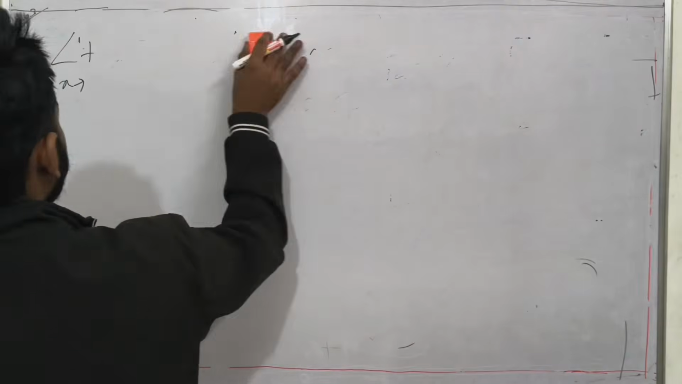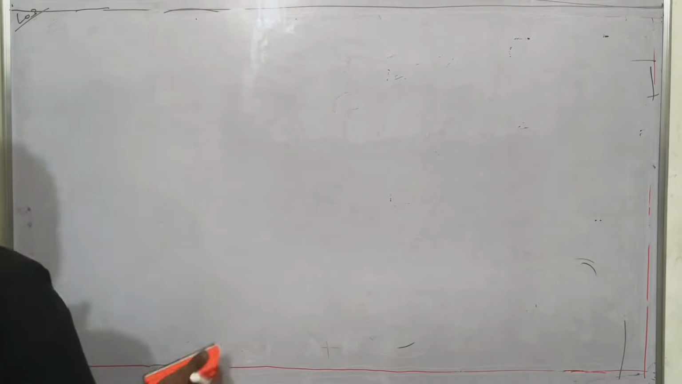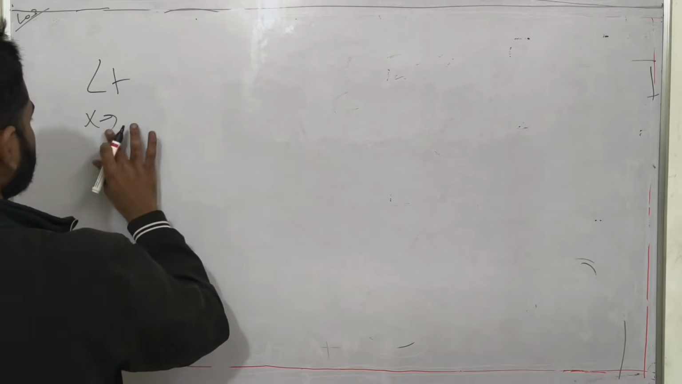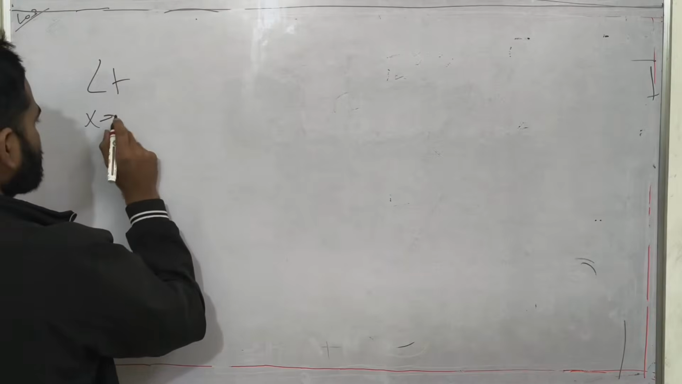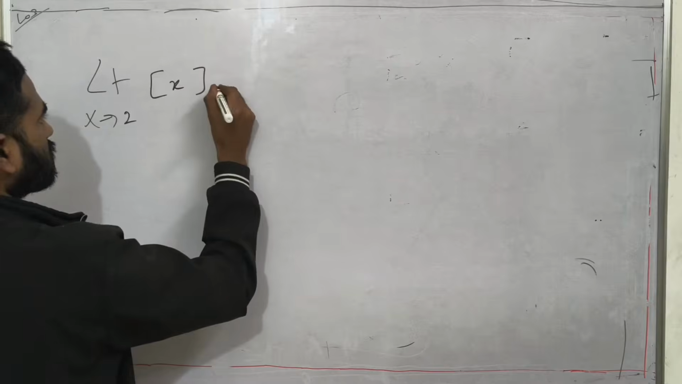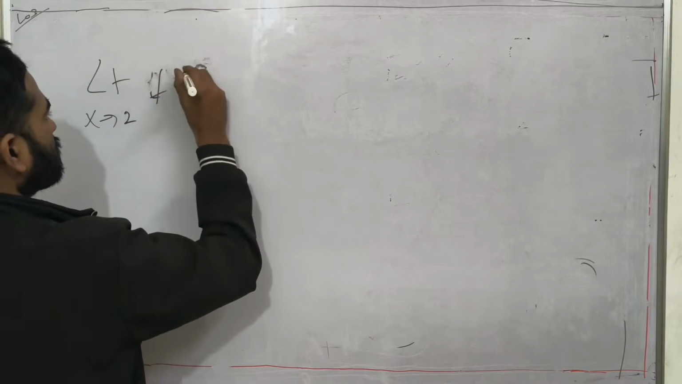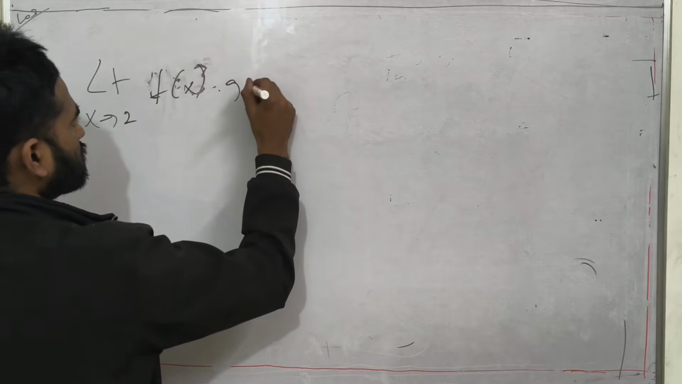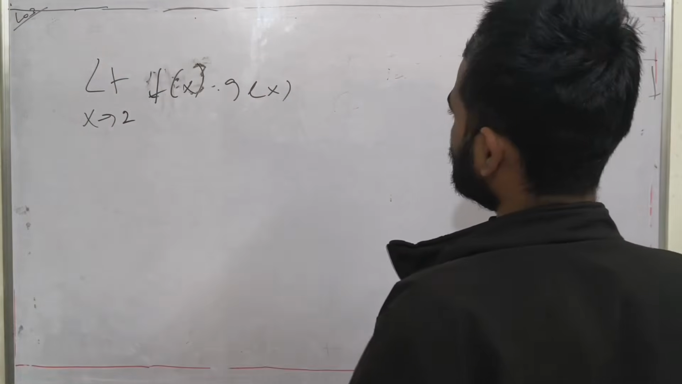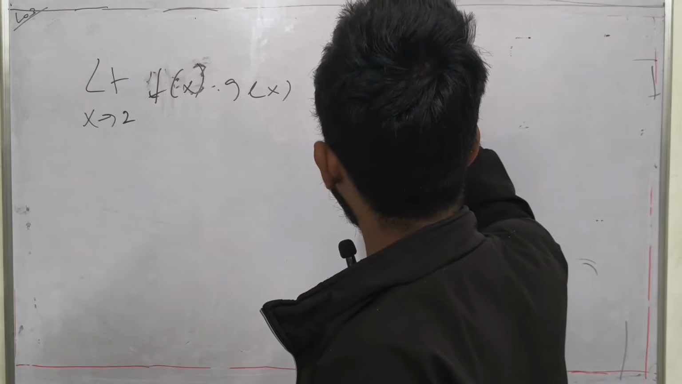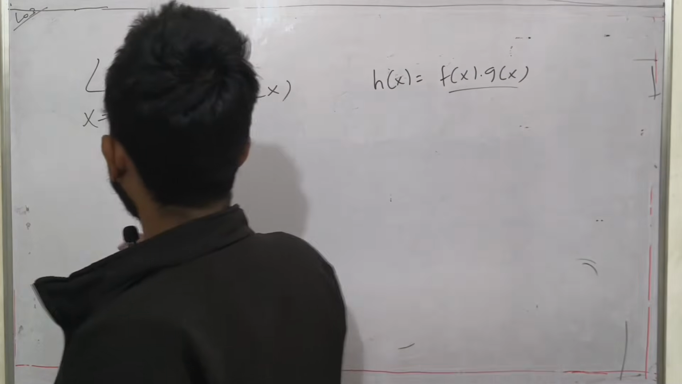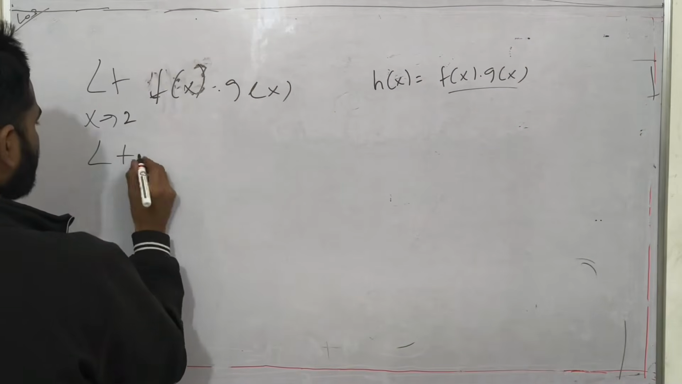Then how will you find limit x tends to a of step x into 1 by step x, that is f of x into g of x? We will take this as a new function, h of x equals f of x into g of x. Okay, then we will find like this,